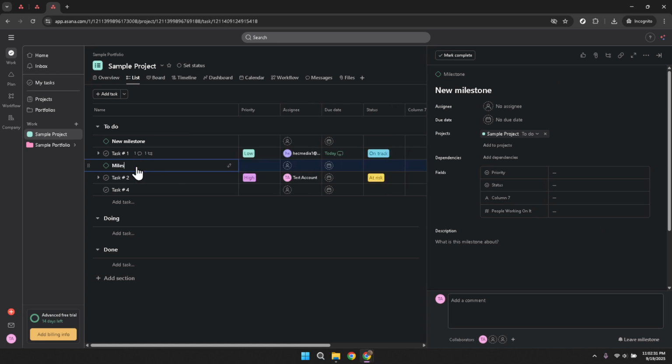Next, it's time to give your milestone a name. Type in a clear and descriptive title that makes its purpose or significance instantly recognizable for you and your team. This naming convention will help everyone involved quickly understand what the milestone represents without needing to delve further into details right from the start. Once you've named your milestone, click on it to open up additional fields where you can